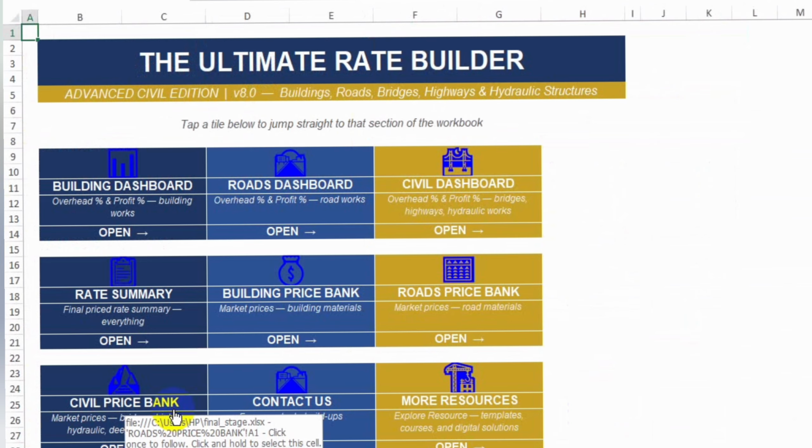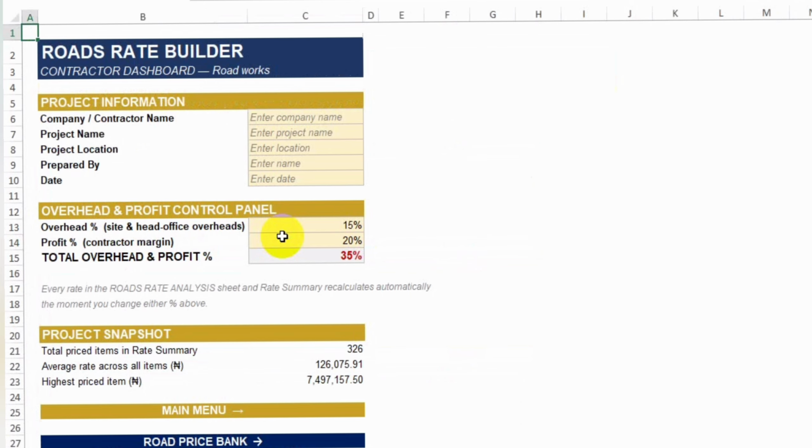So back to what I was saying. In 3 steps, I'll show you exactly how to use this. So first of all, we open our dashboard. Let's just pick the road dashboard. So once I pick the road dashboard,